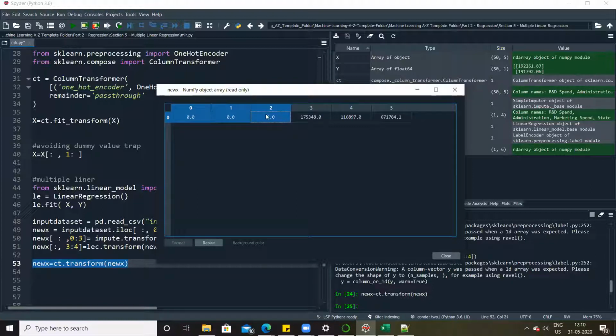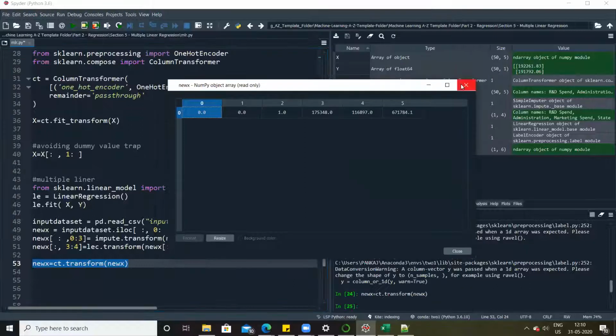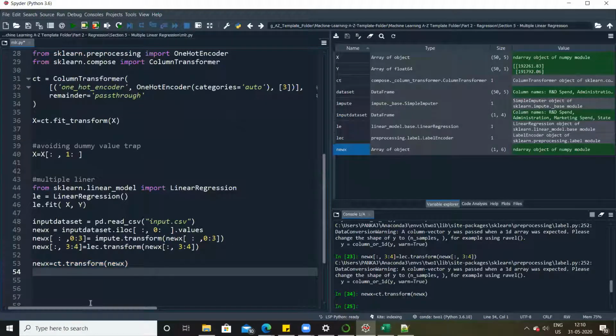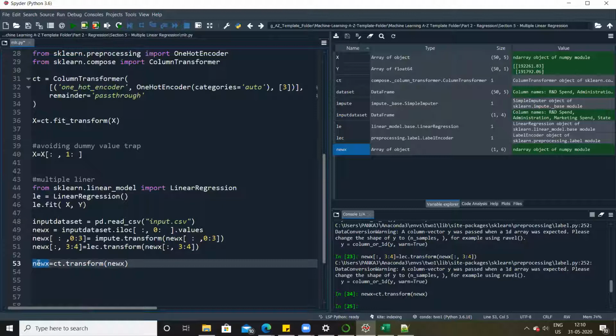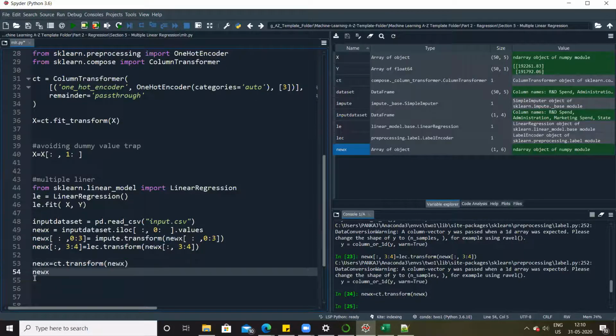Now we need to avoid the dummy variable trap, right? So in my original variable X, we ignored the 0th index. So even in new X, we should be ignoring the 0th index. So I'll say now, new X is equal to new X, all rows, but starting with index 1 till the end.